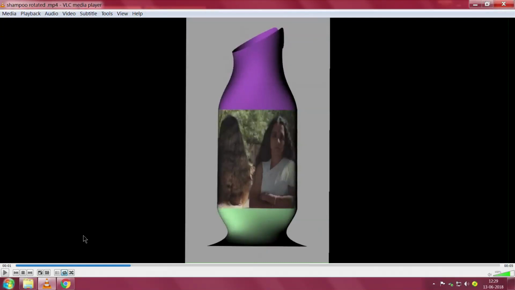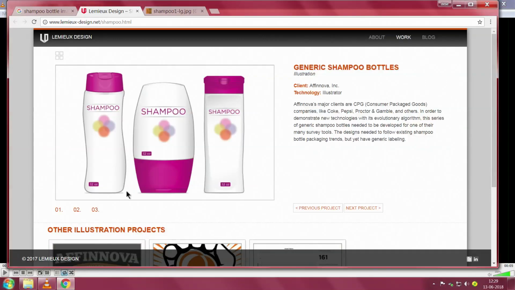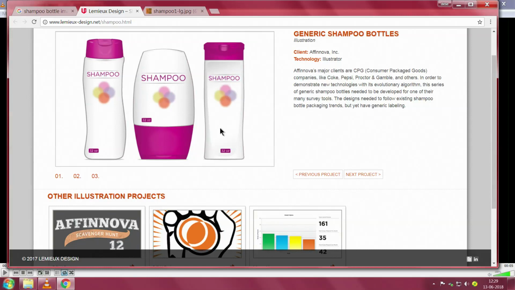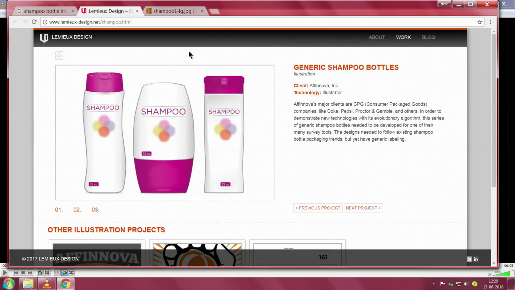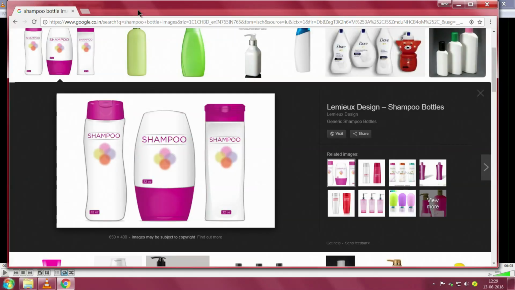So at this point I will go back to the other pictures which I have taken. If you see these shampoo bottles, you see all of them have a cap, then you have something here which looks a little like upside down, and then you have something which is a little more symmetrical. So we have so many of these projects which people keep working on all the time. I will close it here at this point.